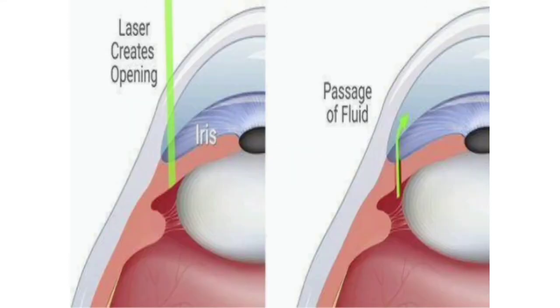This is the picture of laser iridotomy, where you can see the green color laser beams applied so that they can create an opening in the iris, and so the aqueous humor doesn't need to cross the iris like a mountain. It can just pass directly, like through a mountain pass, and go forward. So passage of the aqueous humor becomes easier by this method.